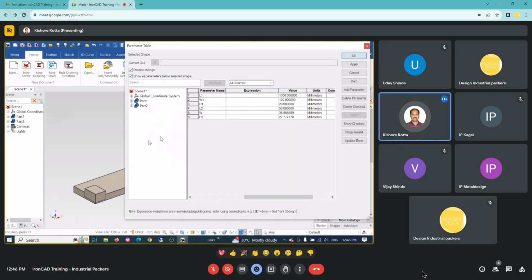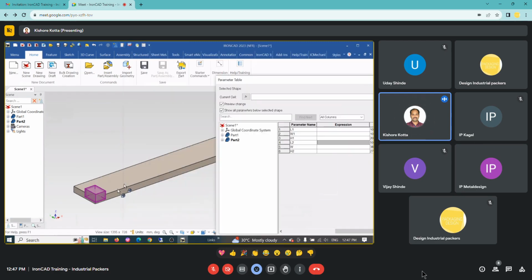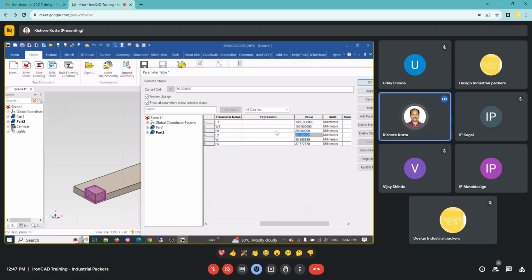So here I have L2. What I will make here as W2, I'll make this as L1, suppose if you want it like that. Anyway, I don't want you to get confused with this because nowhere will these two be interlinked, unless it is a square box. So just type